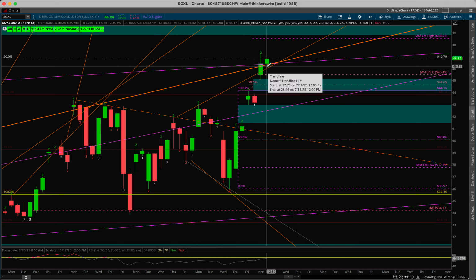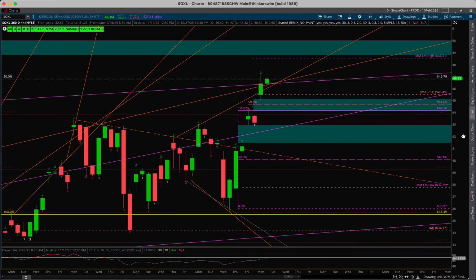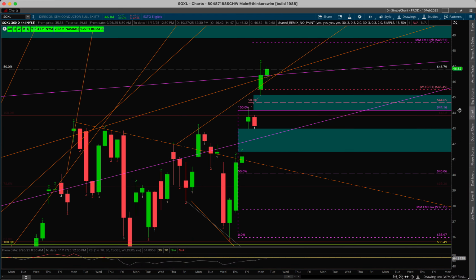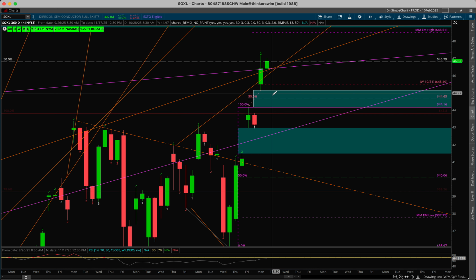Again, if we get the pull back to the downside, maybe we're just doing that to get the bounce off of this level here to show what was previously resistance is now support, right? That 43.50 level is where we could see a bounce, right? This is the top of that previous range. So if we get the pullback, especially if we get the gap close, we could just be bouncing off, and